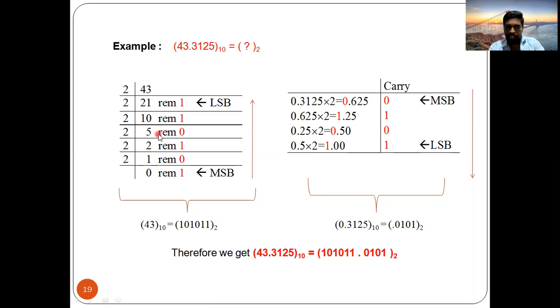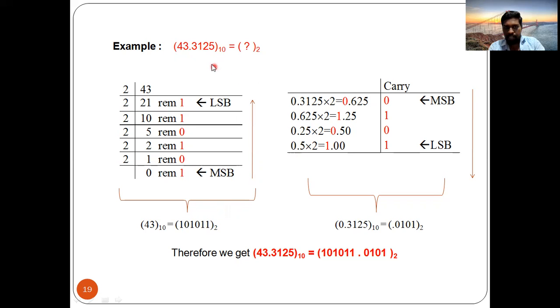Clear? So here, take your integer part and follow the same process you solved previously. That means divide the integer part with the asked base. So divide 43 by 2, you will get remainder 1, 2 tens are 20, again remainder 1, like that you continuously divide. Lastly, collect all the remainders. The red color numbers are your remainder values. Start from bottom to top. When you do this, you will get 101011. Collect all the remainders from bottom to top and write here.